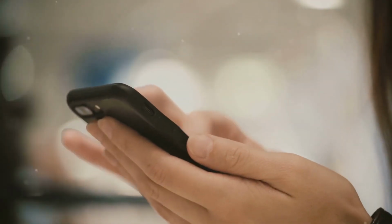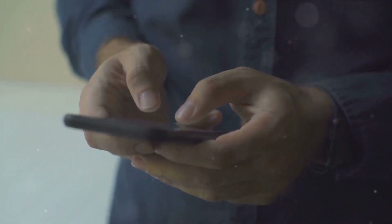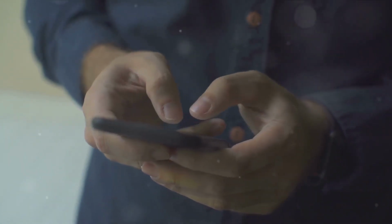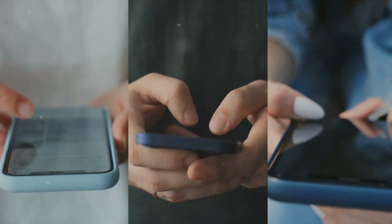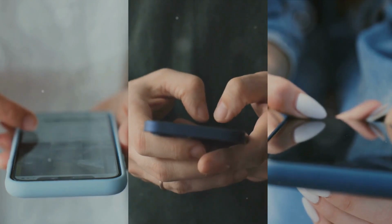But what exactly does a processor do? Well, it's responsible for executing instructions from the basic tasks like sending a text message to more complex ones like playing your favorite game. It's a multitasking maestro, juggling multiple apps and tasks at once, ensuring your smartphone is responsive